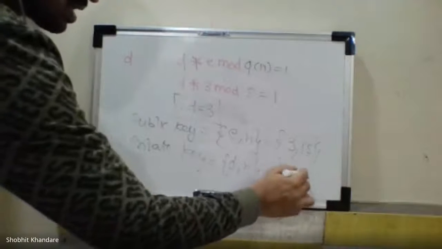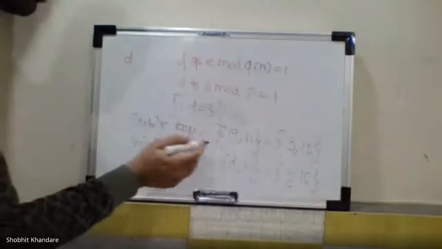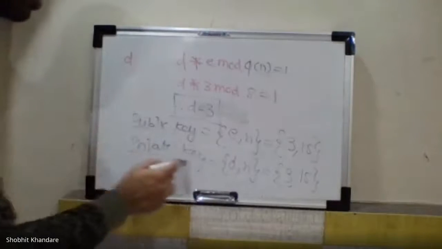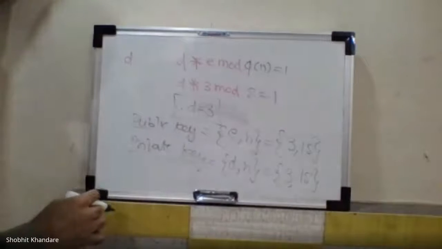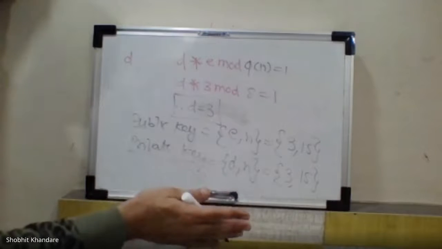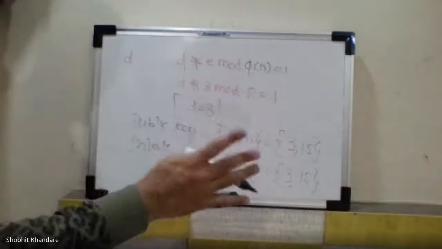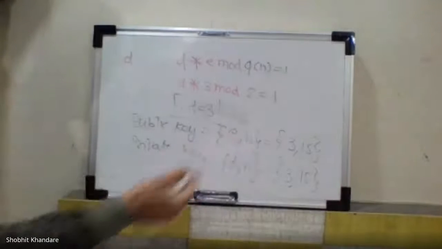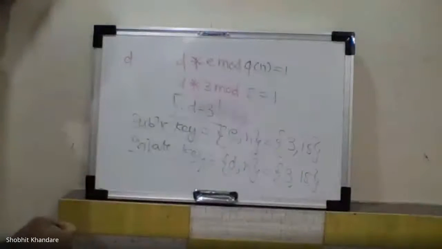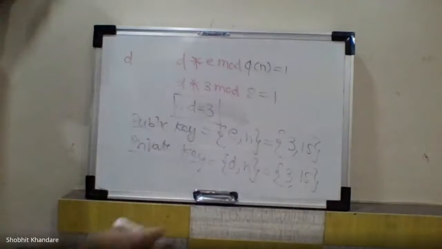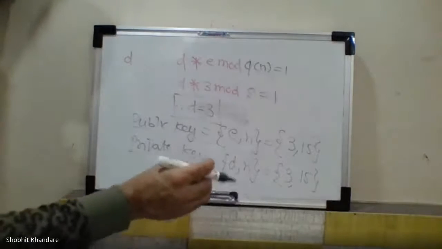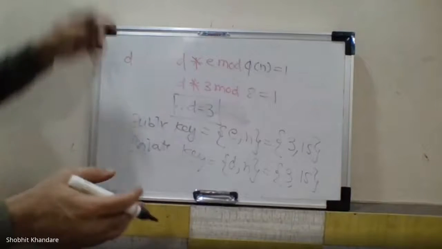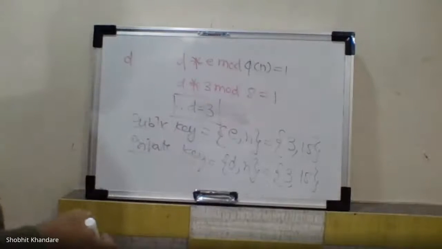See, this is a drawback. If I am taking smaller prime numbers, can you see d and e both are coming out the same? My public key and private key are also coming out the same. Even though I am studying an asymmetric encryption algorithm, RSA, the keys are coming to be the same, 3 comma 15 and 3 comma 15. So these are some drawbacks when you take smaller prime numbers, because it is more vulnerable in terms of security.